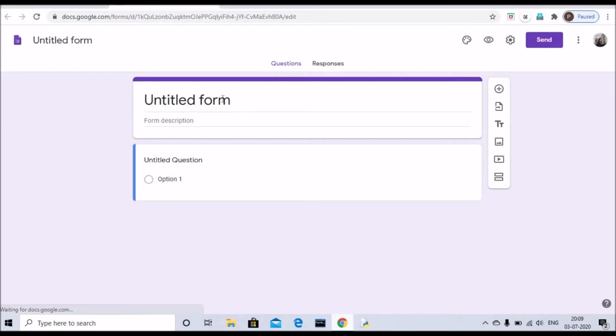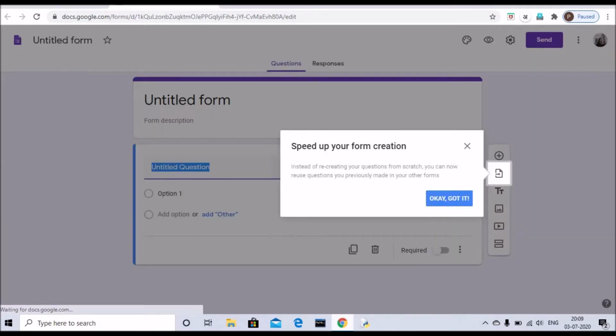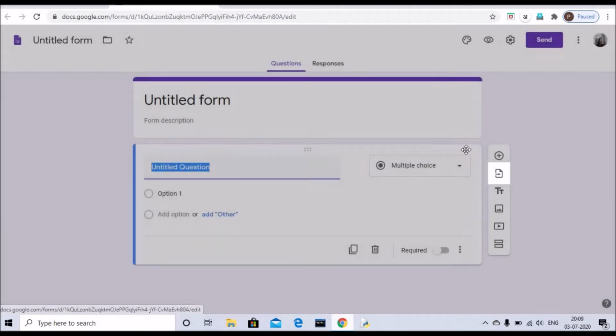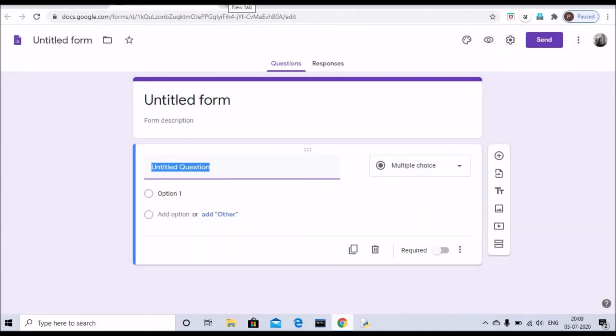Now this is one way to go to Google Forms. Another way is I am showing it to you by opening a blank window. So it's not compulsory that every time you have to go to your Google Classroom to create a Google quiz. You can make it separately also. The only difference is if you are making it directly from the Google Classroom, its link is automatically added there. If you are creating it separately through Google Forms, then you just need to generate a link and then copy that link in the Google Classroom. I will be telling you how to do that also.